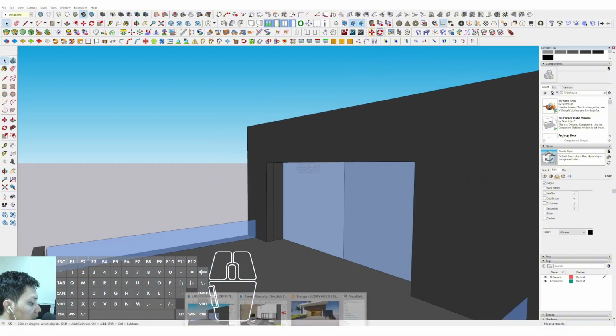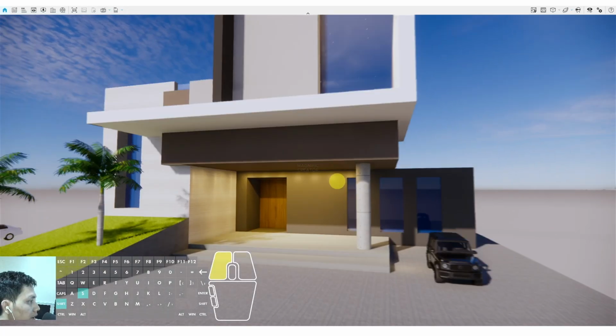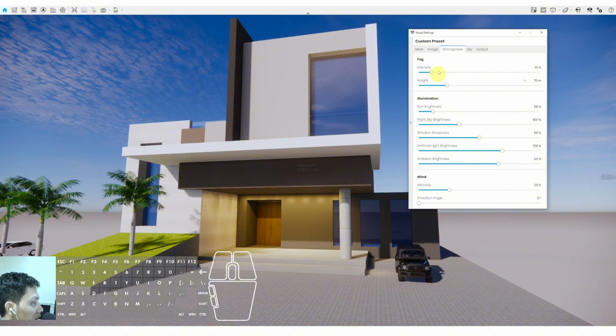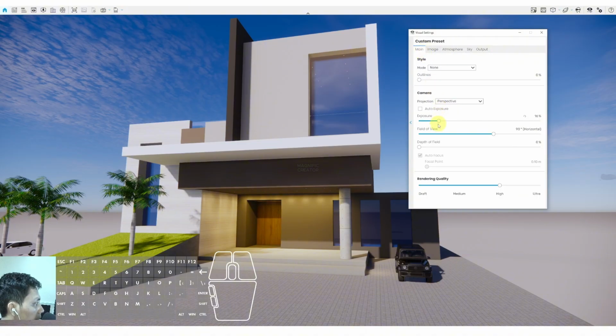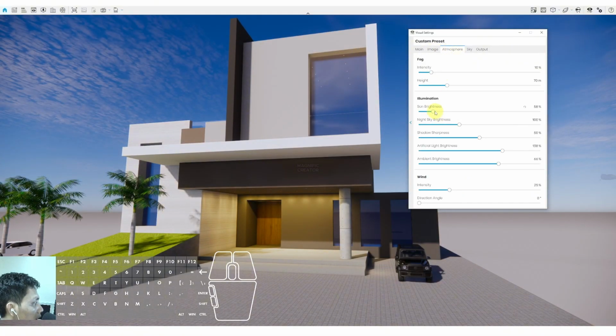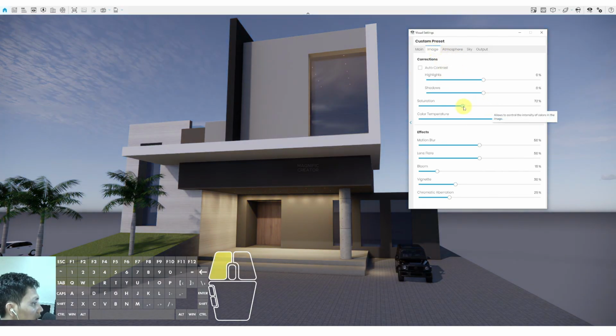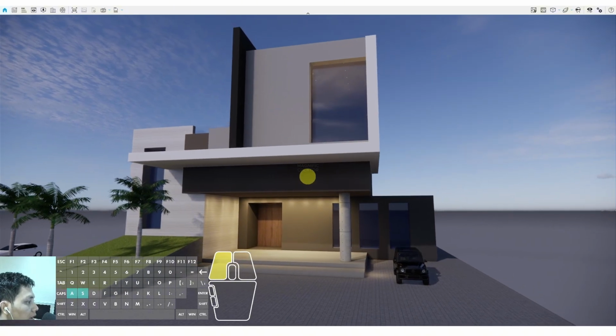Okay, now we can see the rendering result, and we can also see the temporary result in here. Okay, we can make the exposure lower than before. Then also we can make the sun brightness lower than before, and we can also set the saturation lower than before to make it more highlighted. Anyway,